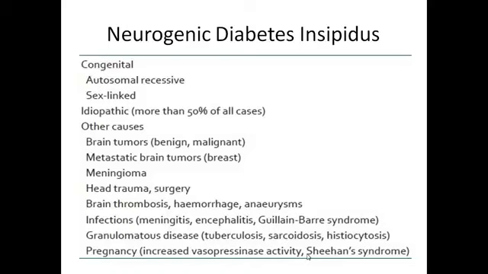Females get a large pituitary in pregnancy, and when the delivery takes place, if there is excessive loss of blood, there is ischemia in the pituitary gland, which results in damage to the pituitary gland, and this in turn leads to complete loss of all the pituitary hormones. This is known as Sheehan syndrome, and all the hormones can go at the same time.